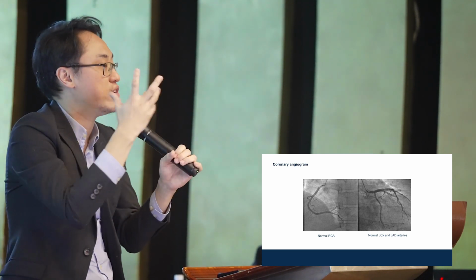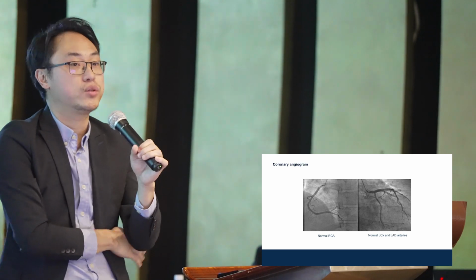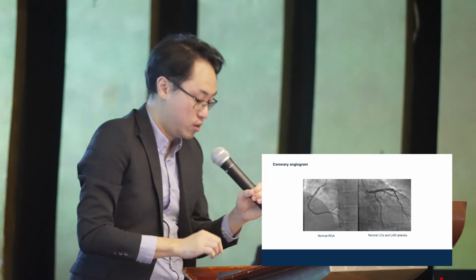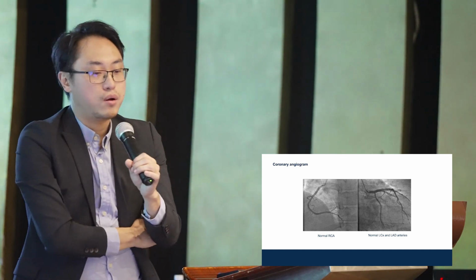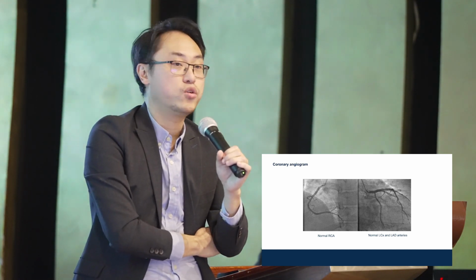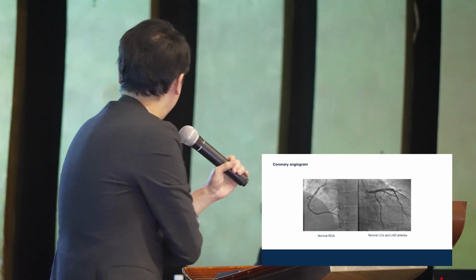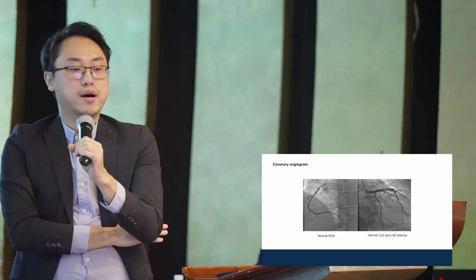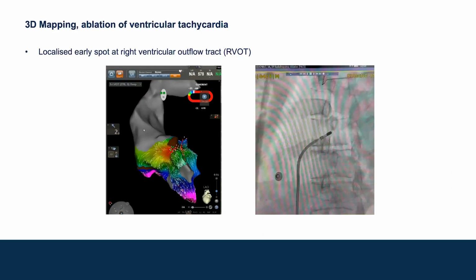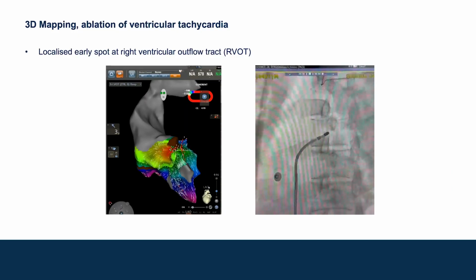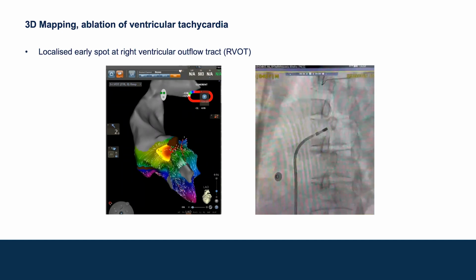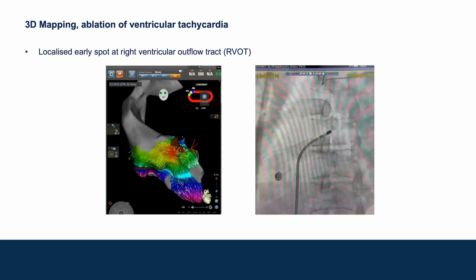Of course, the first thing when the EF is very poor is to make sure it's not related to coronaries, especially ischemia. But of course, the angiogram is normal. And we have to go in because the patient keeps having this VT, which cannot be controlled even with IV amiodarone. Now, how do we do an EP study and radiofrequency ablation? On the right panel, you can see a fluoroscopy picture of a single catheter. This is how we did ventricular ablation maybe 10 years ago.